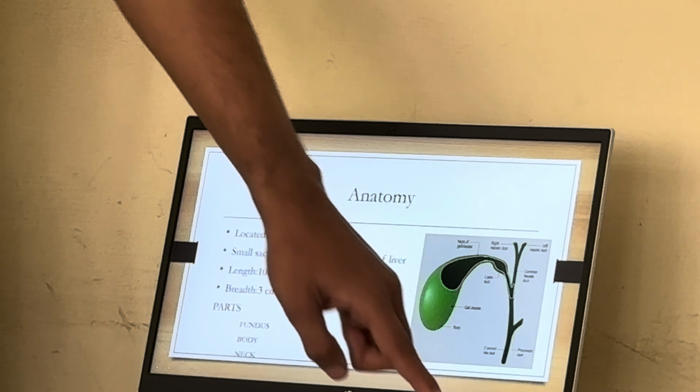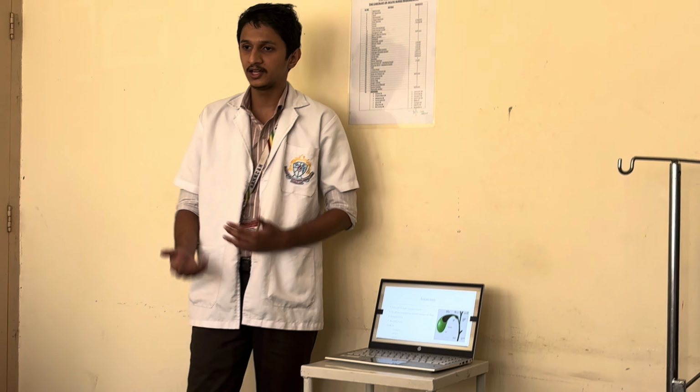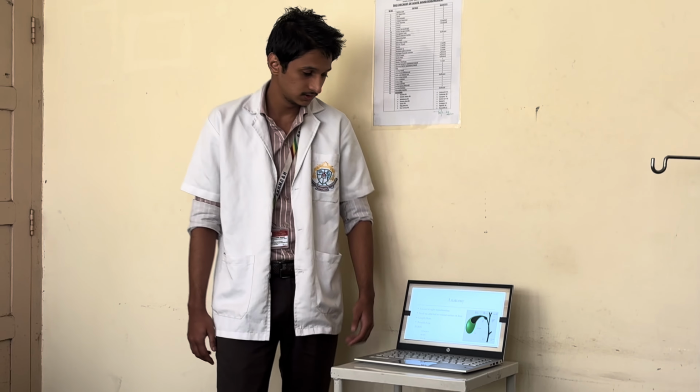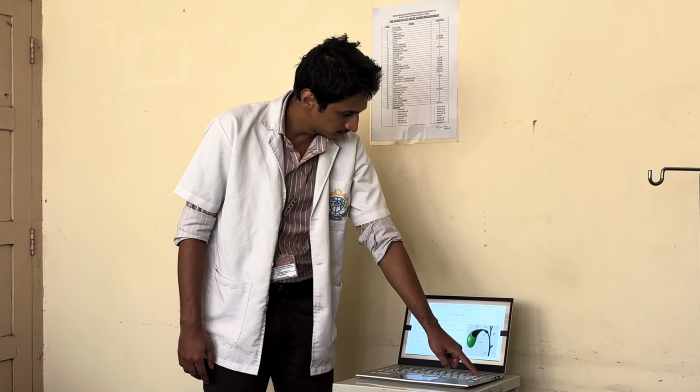The physiology of the gallbladder is to store, to concentrate, and to release bile products, which help in digestion of food. So the most common